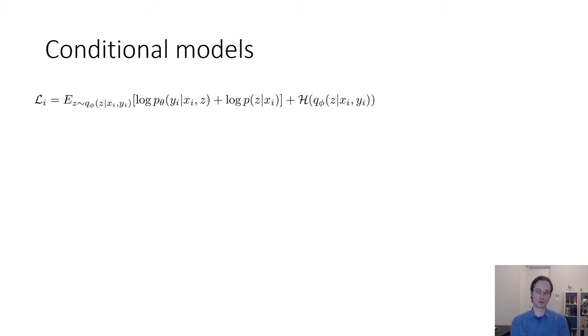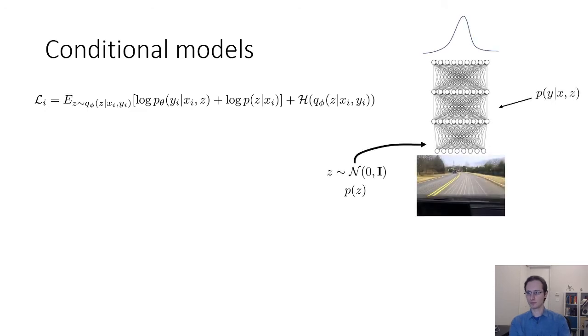So here my inference network q gives z conditioned on xi and yi, and then my generative model has a log p theta of yi given xi comma z, and a prior p of z given xi. Now the prior doesn't have to depend on xi, but it could. So here is a model where the prior doesn't depend on xi. So in this model, I would have just an unconditional p of z and a decoder p of y given x comma z